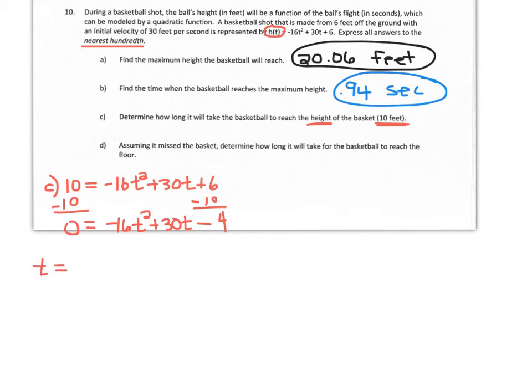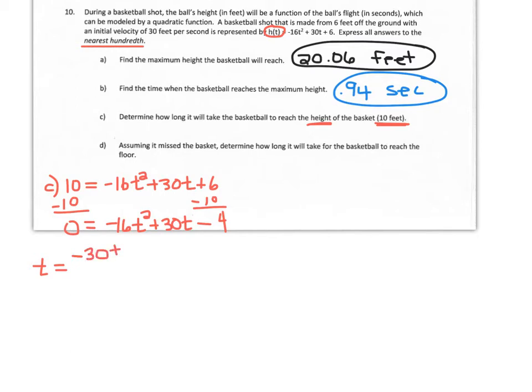We're solving for t, so we're going to write that t equals. All right, so negative b. So here's, let me say this. The a is negative 16. The b is positive 30, and the c is negative 4. So we're going to have negative b, so negative 30,